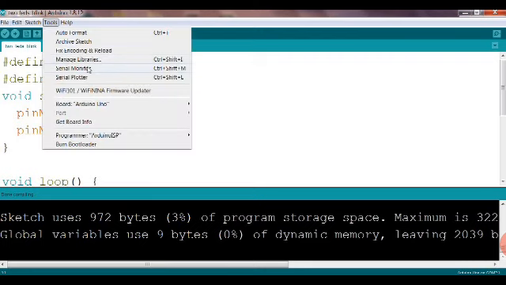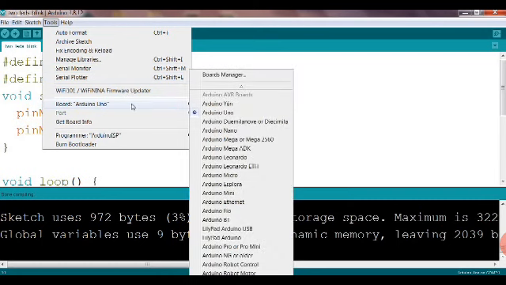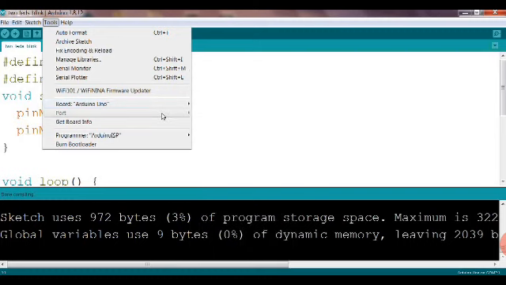And then again we will go to the tools and go for the board, which type of board you have. So if you are connecting Arduino Uno, and after connecting the Arduino board with the USB cable, this port option will come. So from this the option you'll get after connecting in the right hand side, you just click that option, and then after selection you'll be able to upload it. So to upload the new program in an Arduino board, no need to delete the previous program, it will automatically be uploaded and the previous one will be deleted.